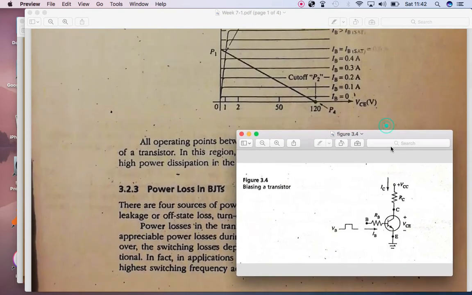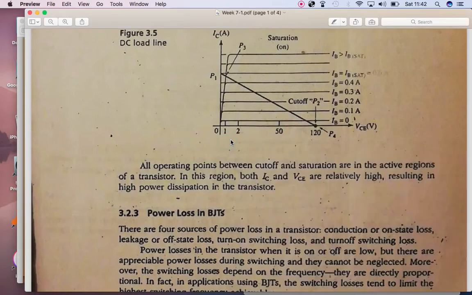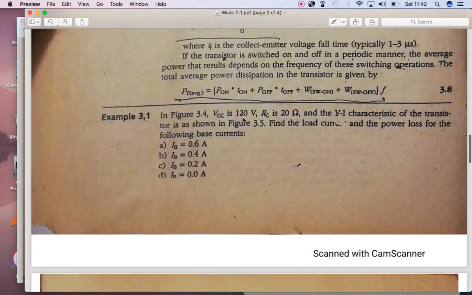If you can, I can put this below. This is the figure which is giving us the output current on the y-axis, the output voltage on the x-axis, and then we have some characteristics based on different input current values, which is IB, and the load line is telling us about the operation region of that device. So it is saying that if we have all these values, we have the figure, we have the characteristics,